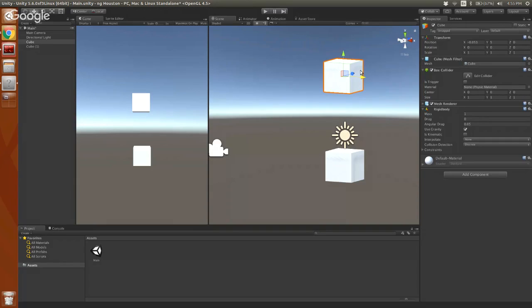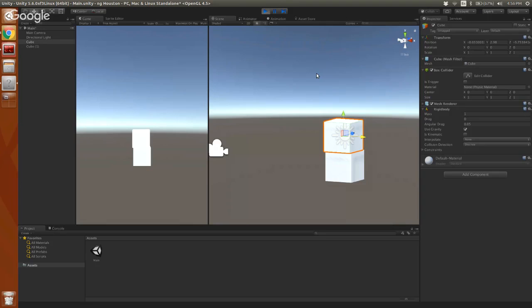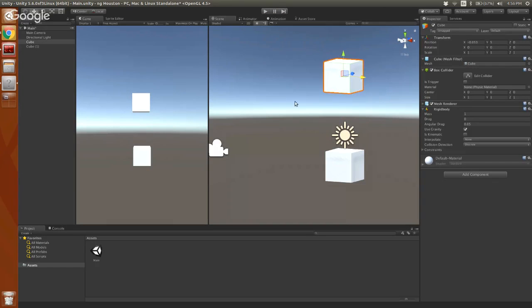One last concept I want to talk about in regards to physics, though, is the idea of a material. So in the real world, these two cubes are probably made out of something pretty hard, because if you notice, when I hit play, they just slam together. They're probably made of rock or wood or something where there's no bounce, there's nothing interesting like that. But in our game, what if we want to do something more interesting? What if we want to make a rubber ball or something more liquid or something that isn't firm, like a soft cushion or whatever? We need more control. Having just a cube that just plops down isn't what we want.